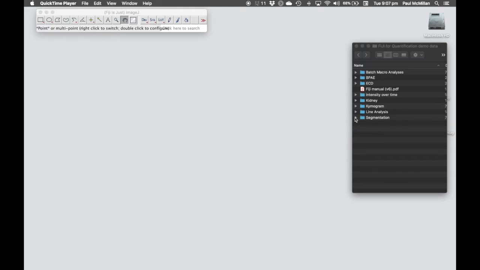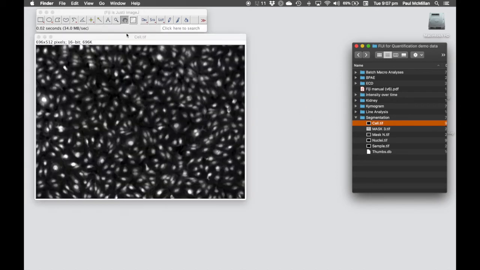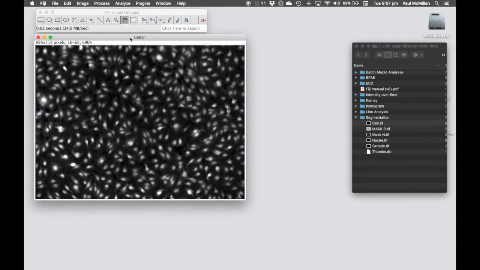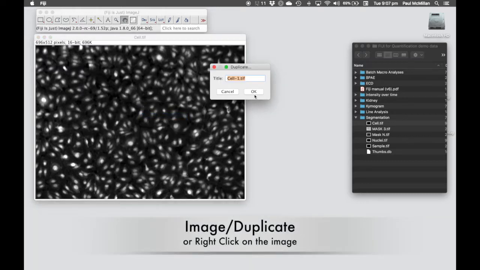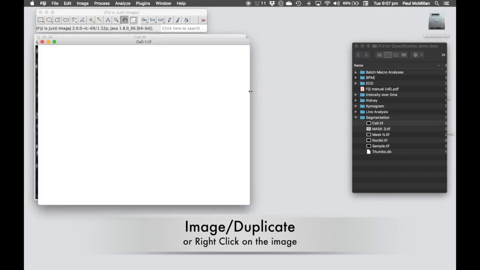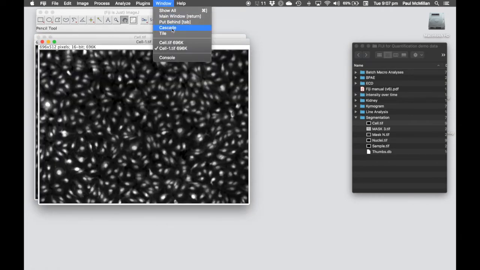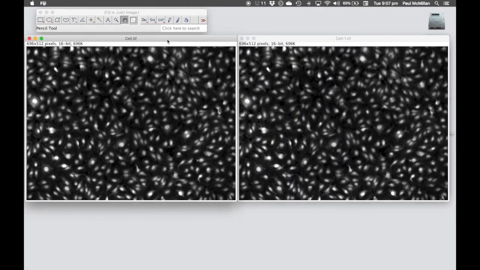So we want to be in the segmentation folder, and we're going to open up cell.tif. Okay, so the first thing we want to do is to duplicate this image. So I'm just right-clicking, hitting duplicate. That name is fine, so we can click OK. Let's just tile these. Okay, so in the first one, first thing we're going to do is to find the